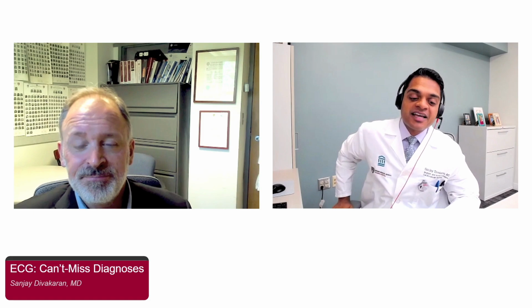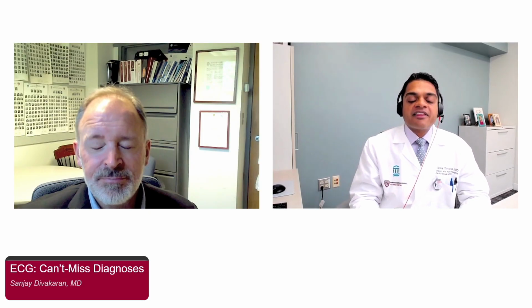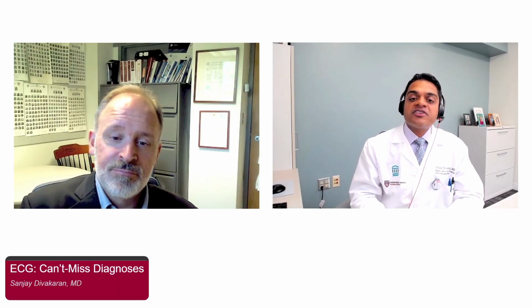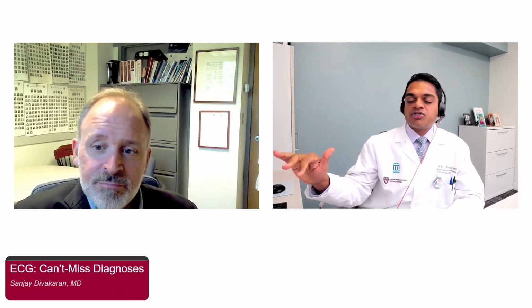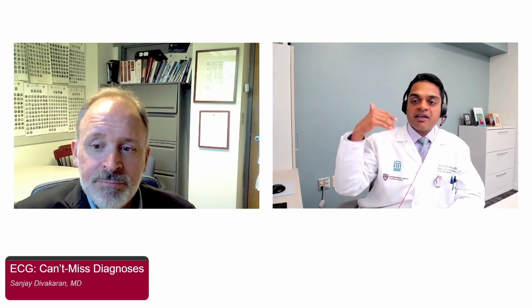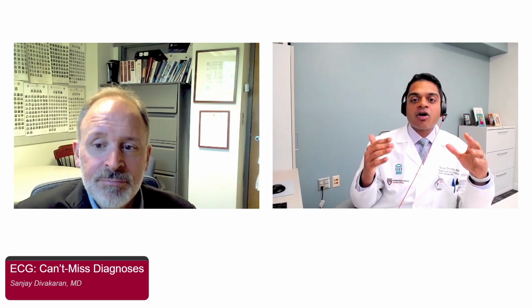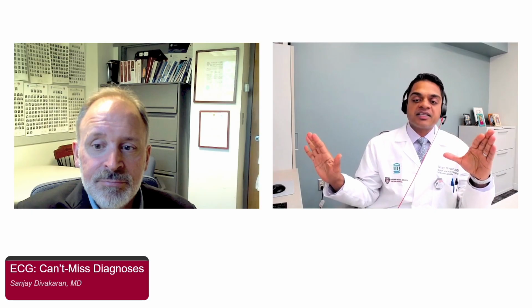Could you elaborate on using AVR as the summative lead? Yeah, great. So I'm in the stress lab as I mentioned today, and sometimes we'll get called about AVR elevations, and people get nervous. What I think about AVR is, if there's symptoms or ischemia, what we often see are diffuse ST depressions, which are indicative of subendocardial ischemia. In those settings, we almost always see AVR elevation. That's not an ST elevation MI, right? What that is, is AVR being a summative lead showing that the rest of the leads have diffuse subendocardial ischemia and